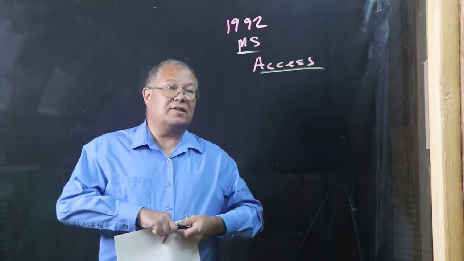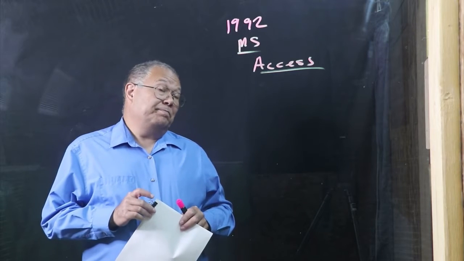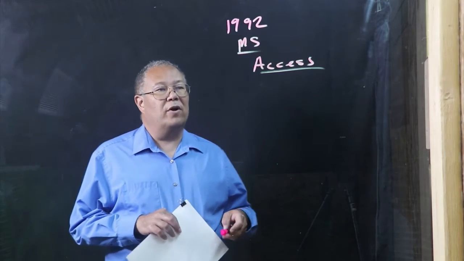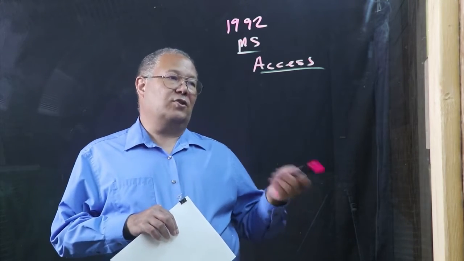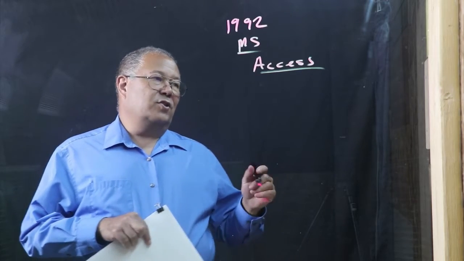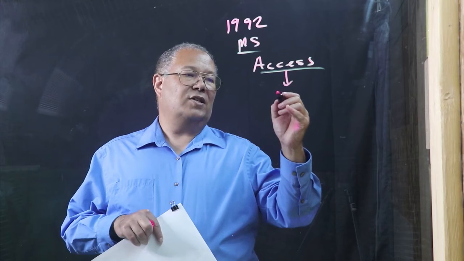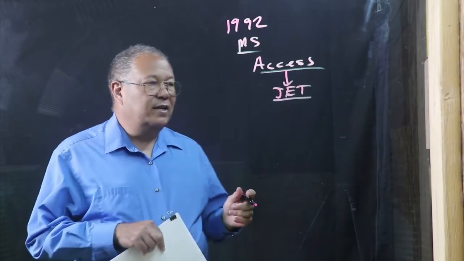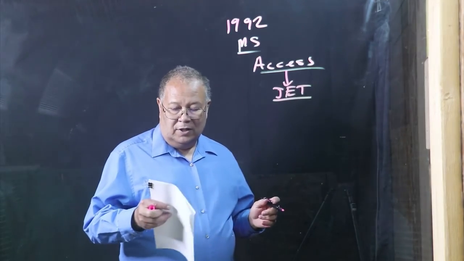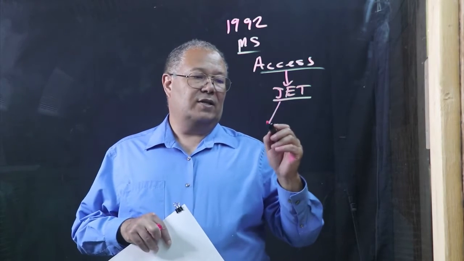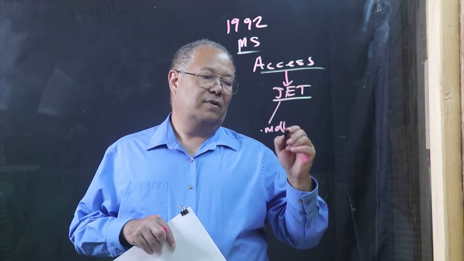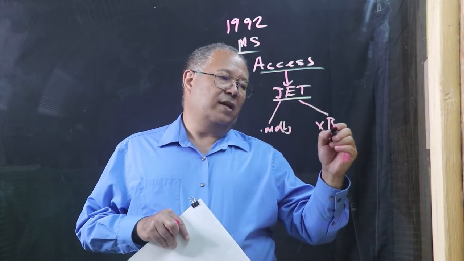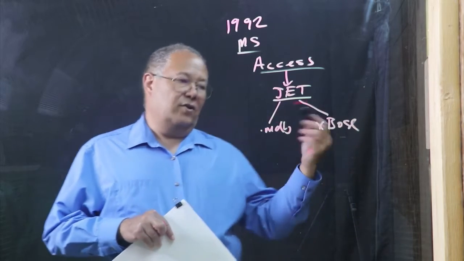Access is a database implementation tool. It was based on some products that they had purchased, but they significantly rewrote them. So whether or not Microsoft built Access or they purchased it is an interesting question, but underneath Access it has a SQL capability from this thing called the JET engine. And JET stands for Joint Engine Technology, allows you to access these .mdb files as your database, or it allows you to go out to a bunch of other databases like Xbase and access their files and retrieve and update